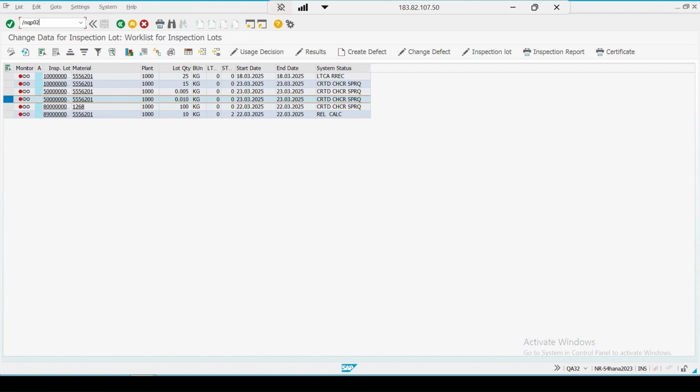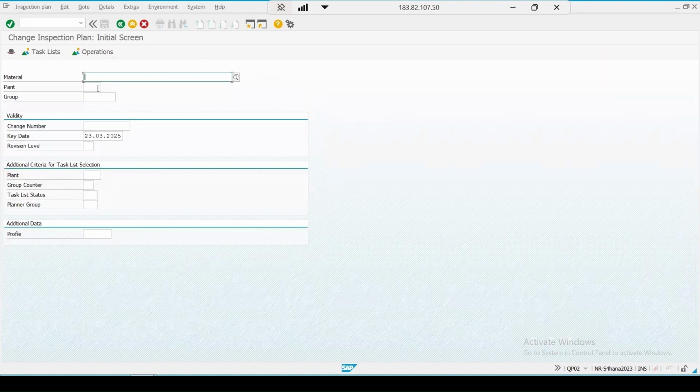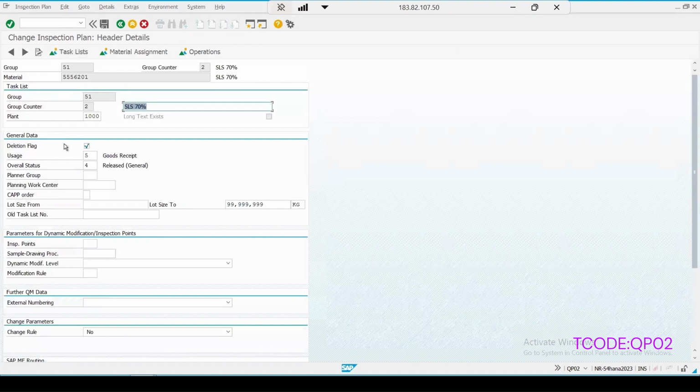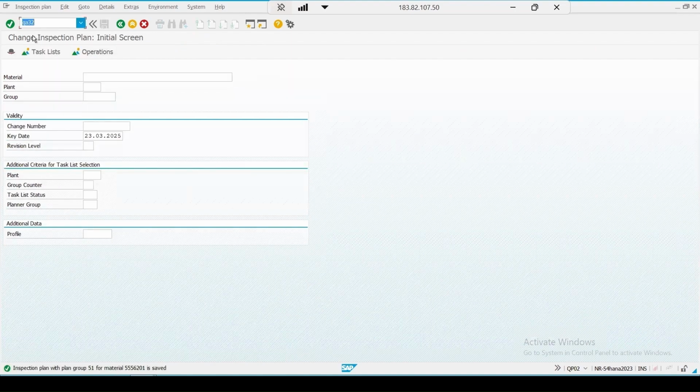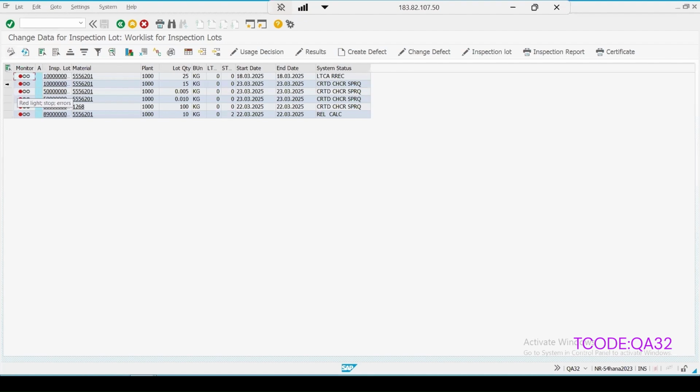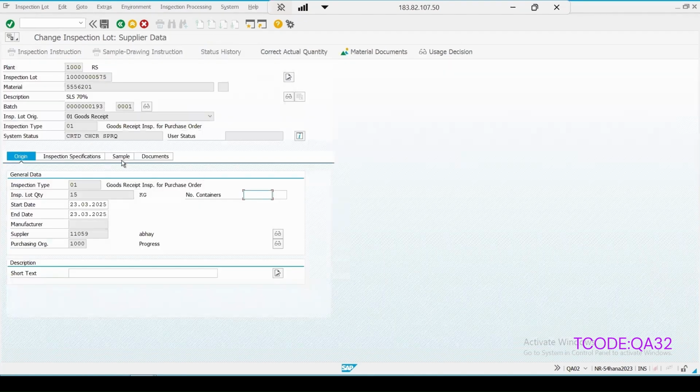Okay, inspection lot. Let me go to the plan of it. /n QP02, enter, and this is the material. Plant is this. Press enter, and I'm just removing the deletion mark from this. Then save it, and we again go to the QA32 report, /n, and we can assign this plan to the lot so that it can be released.